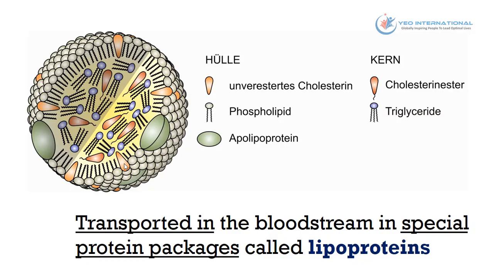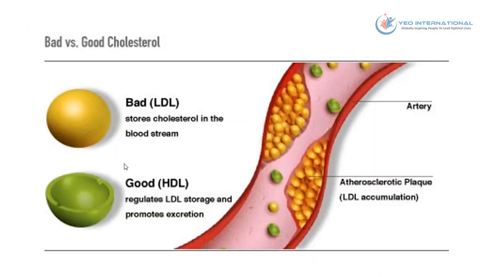The thing about cholesterol is that it cannot simply flow in your water-based bloodstream. It needs to be carried and transported in special protein packages called lipoprotein. There are typically two types of cholesterol. One is what they call bad cholesterol, LDL, and the other type is what they call good cholesterol, called HDL